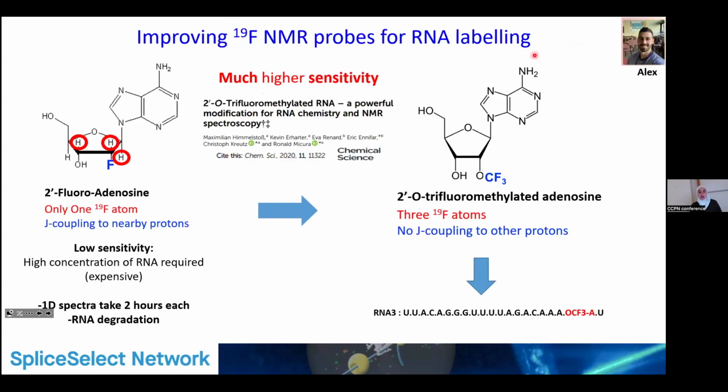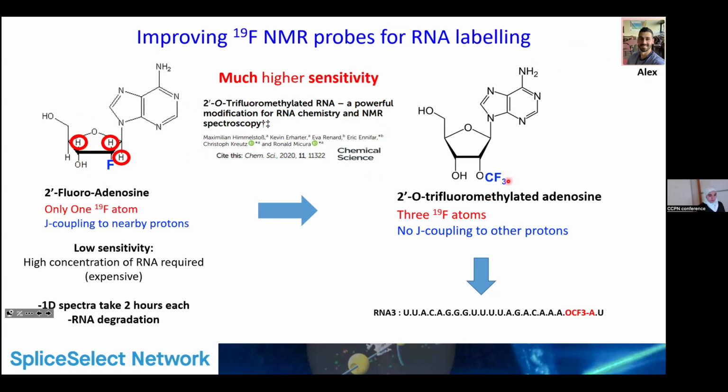So we talked to our collaborator, chemist Alex from Glenbury Lab, who suggested, to overcome this, to replace the fluorine with an OCF3 group. Why? For two reasons. First, we will get rid of the J coupling between the fluorine and the nearby protons here. So instead of having this multiplet, we have a nice peak in the middle, and then we increase the number